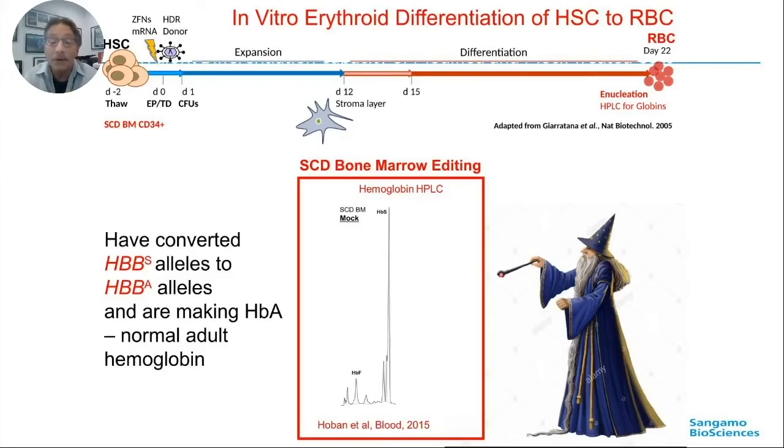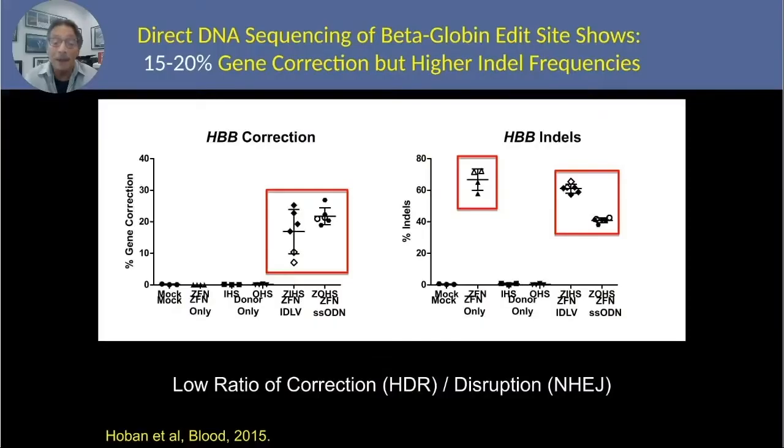Now my pop-ups aren't working either, I guess. Okay, well, what you're not seeing is the peak that after we've edited them, there's a peak of hemoglobin A that appears. And so the good news was that we could make some hemoglobin A, but in fact, when we looked at the edits that occurred,